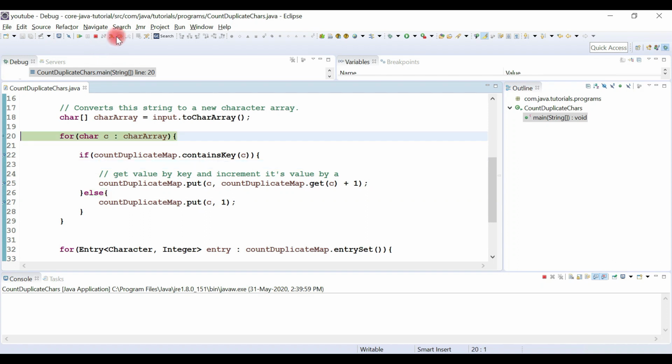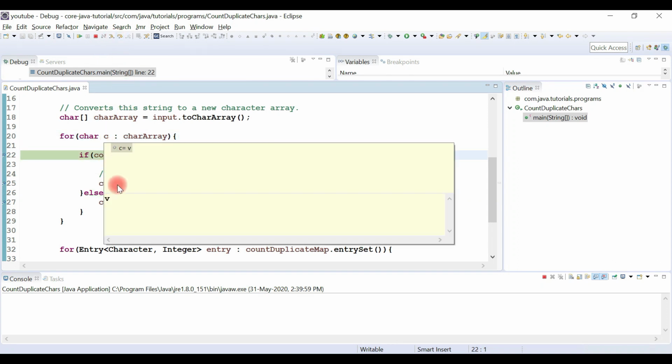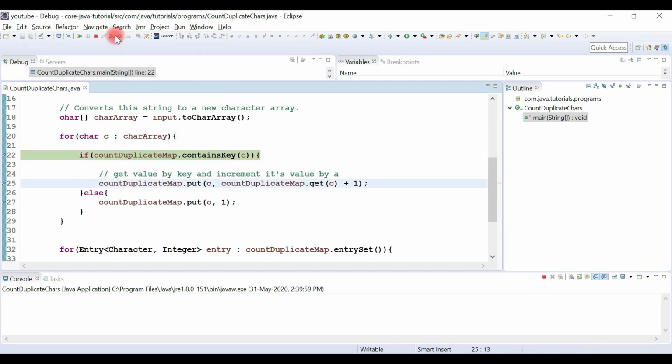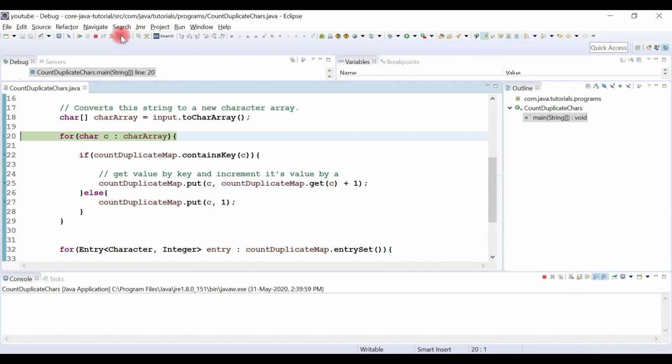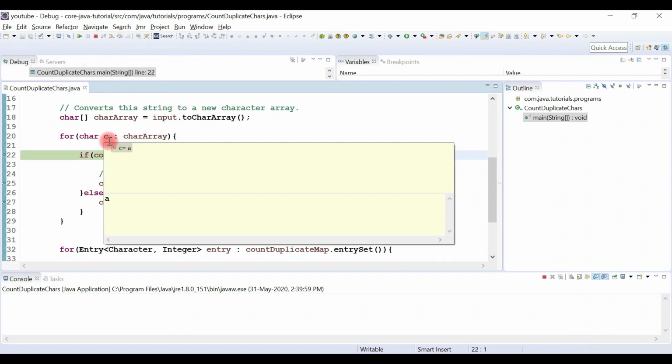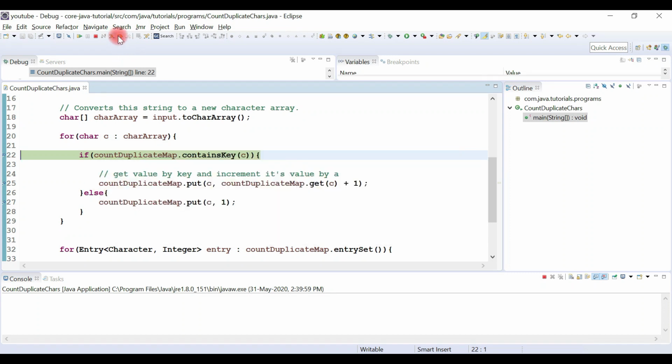Similarly, now c contains v. v is already present, so now the value of v is 2. Similarly, c contains a, which is already present 3 times in the map, so now its count is 4.